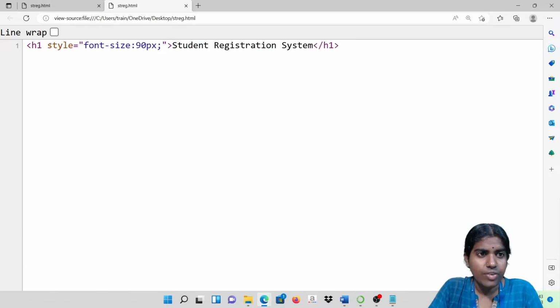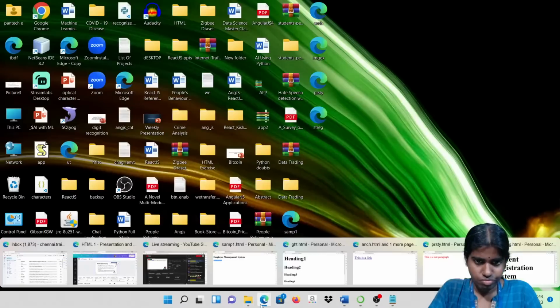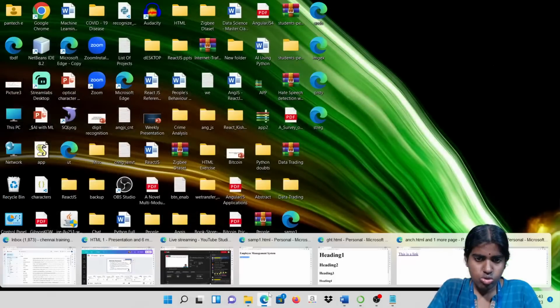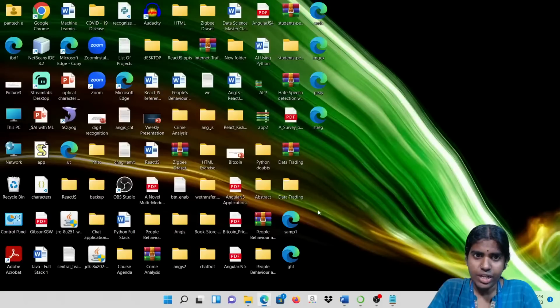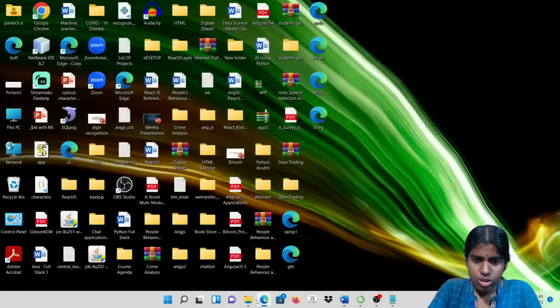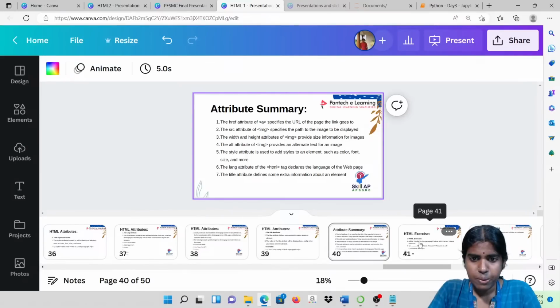It is having a starting header tag and a closing header tag. Clear with this? So all these are the different types of tags and attributes available in HTML. I am still going to discuss some more types with you.